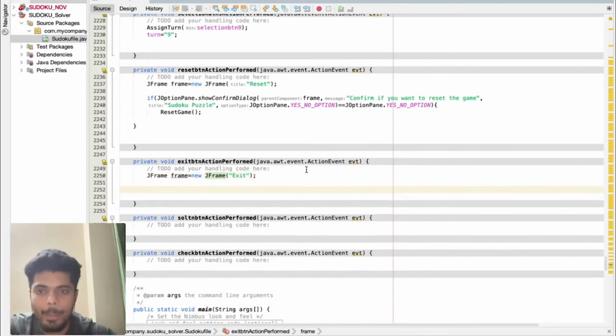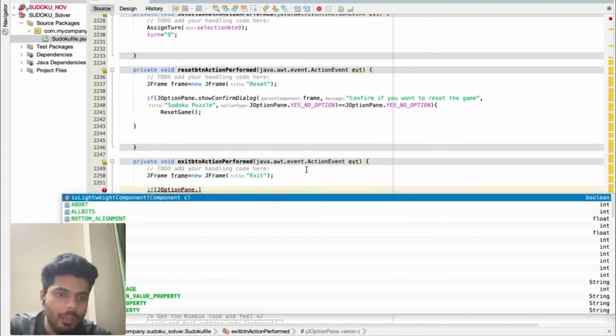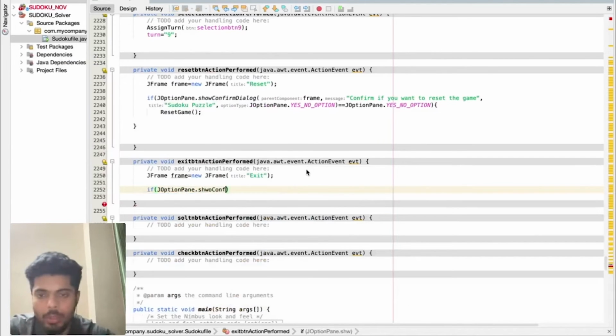If JOptionPane, here again we can show a confirm dialog box. Show confirm dialog with the help of frame, and confirm if you want to exit.